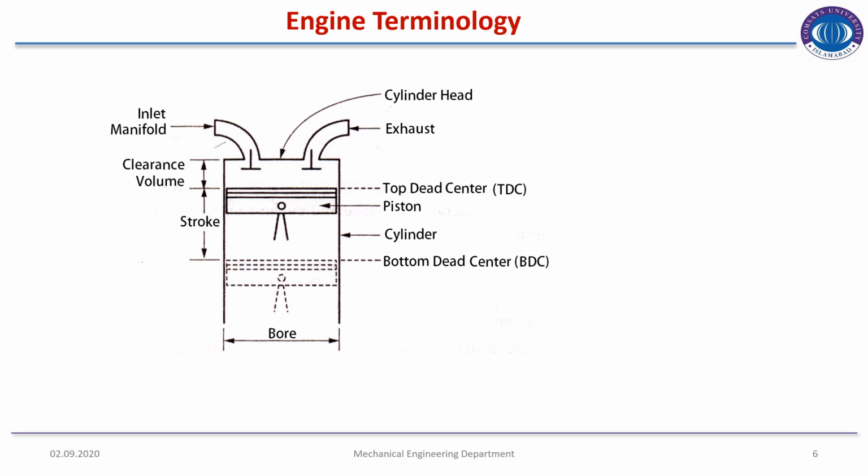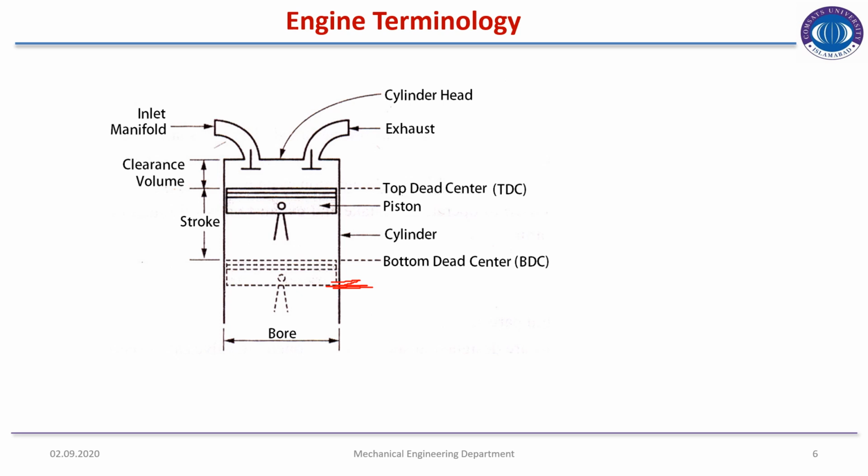So the relative position of piston with the cylinder is termed as, so if the piston is in the least position, so here it is the maximum position that it can come back, this position is known as bottom dead center,